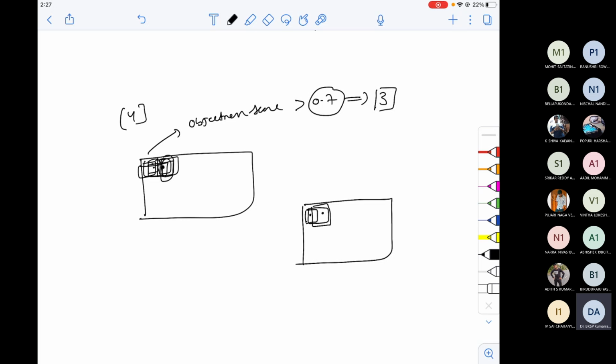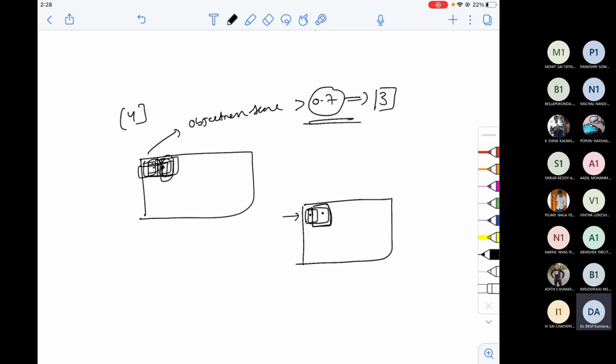Now among these 3 boxes, there are many ways you can eliminate them. You take the top score. Of course, I'm just eliminating all the guys which are not greater than 0.7. Now you see what the intersection is. For example, this guy has almost maximum overlap with the other 2 boxes.